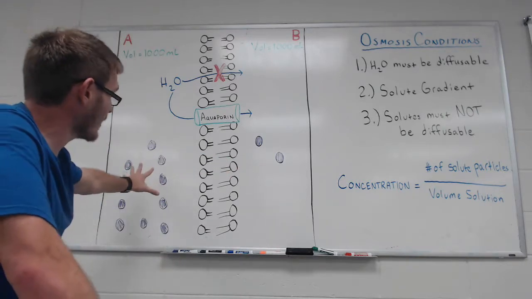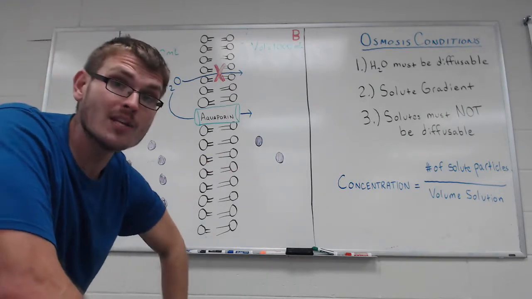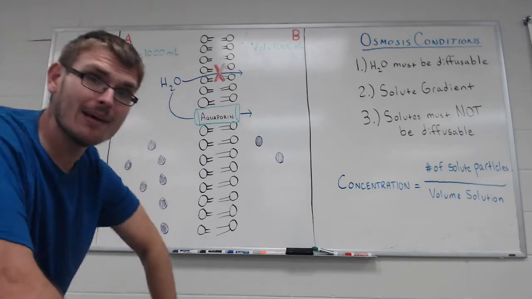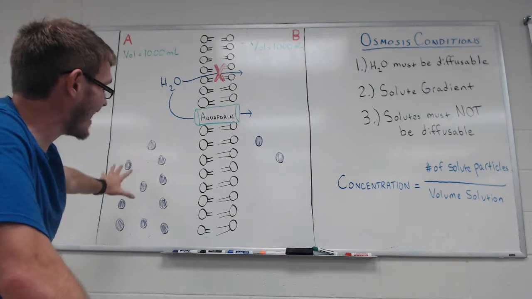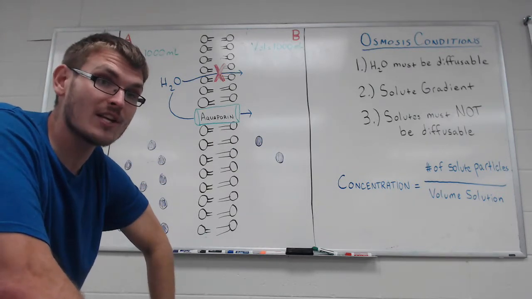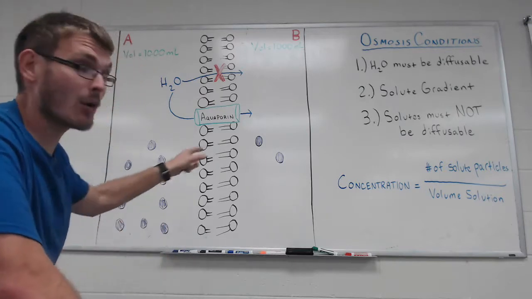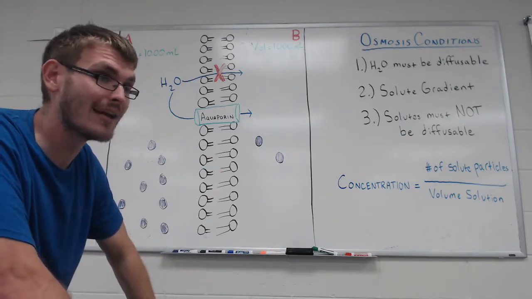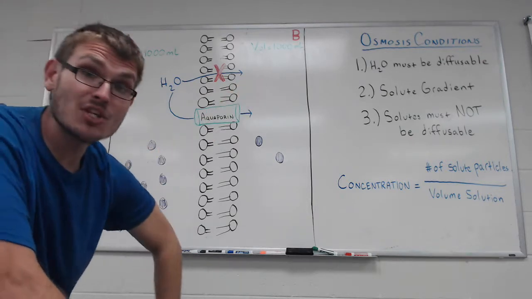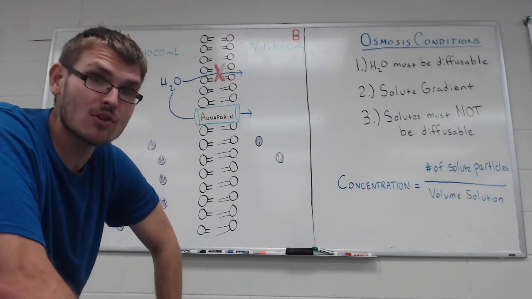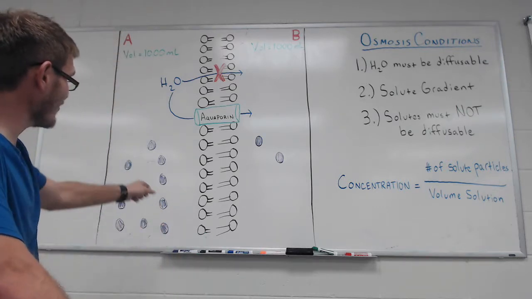So these molecules over here are going to want to move from the left side to the right side, from side A to side B, so that instead of having 10 over here and 2 over here, they want to move until we reach equilibrium, being that there would then be 6 molecules on the left and 6 molecules on the right. The final condition, though, is that those solute molecules have to not be diffusible,